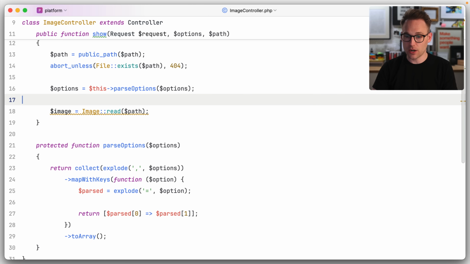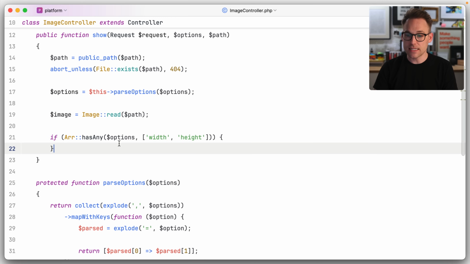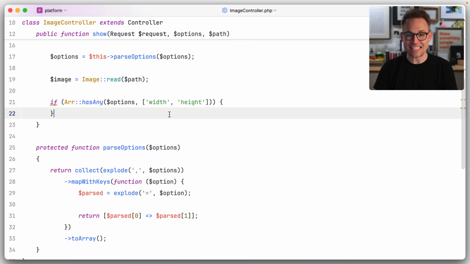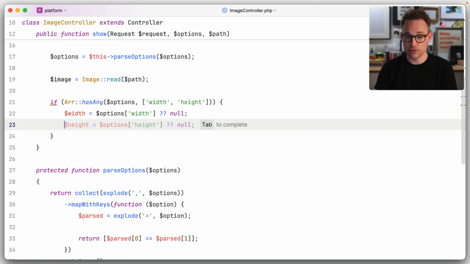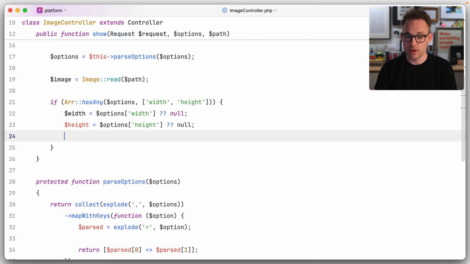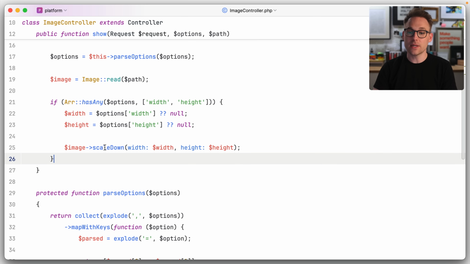Okay, now we have our requests being routed to the correct controller. Our options are being parsed. We know that the file exists, otherwise we're just aborting with a 404. Now let's actually scale and manipulate this image. So coming back up here, we've got our options that have been fully parsed, and now we're gonna do this. We're gonna say if width or height exist, then let's go ahead and scale the image. Yes, that is correct, and yes, that is correct. And wow, I'm not doing anything here. Okay, so we're going to scale